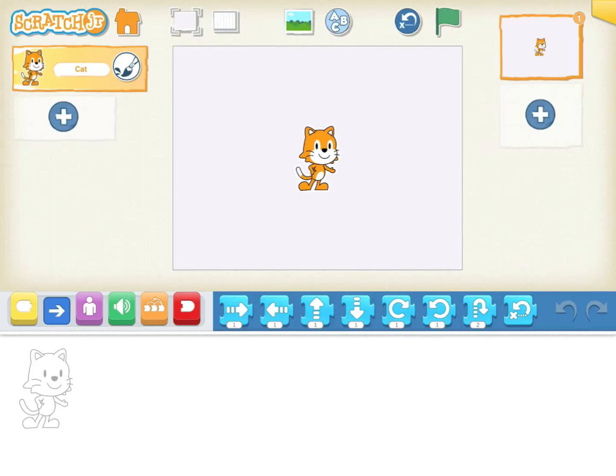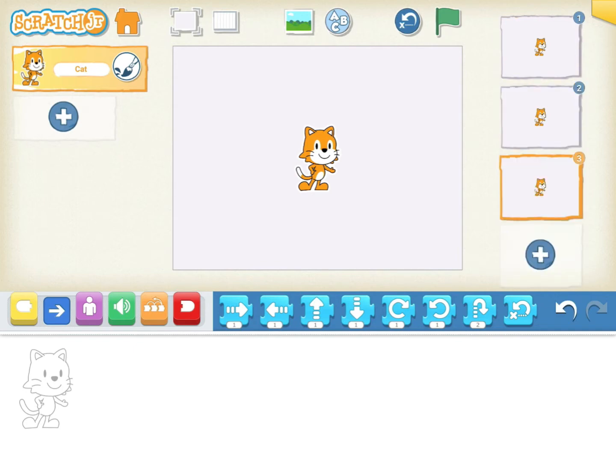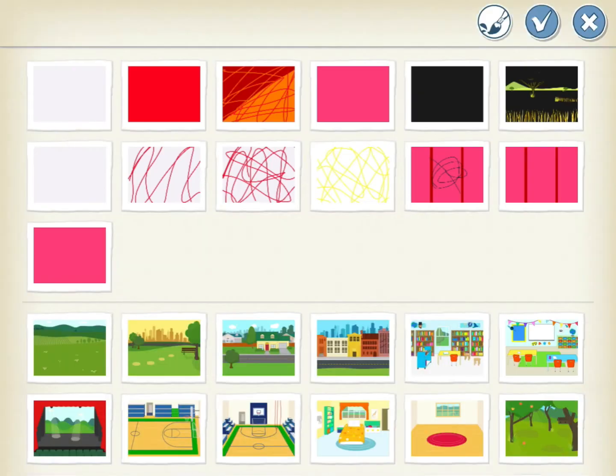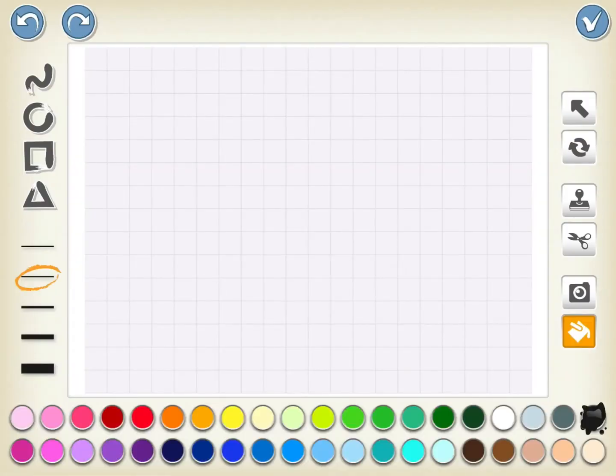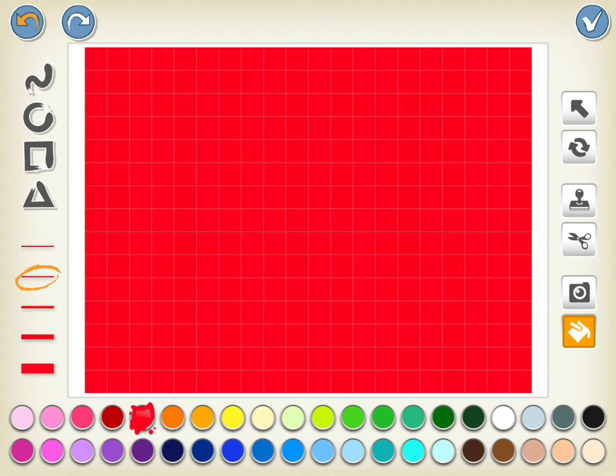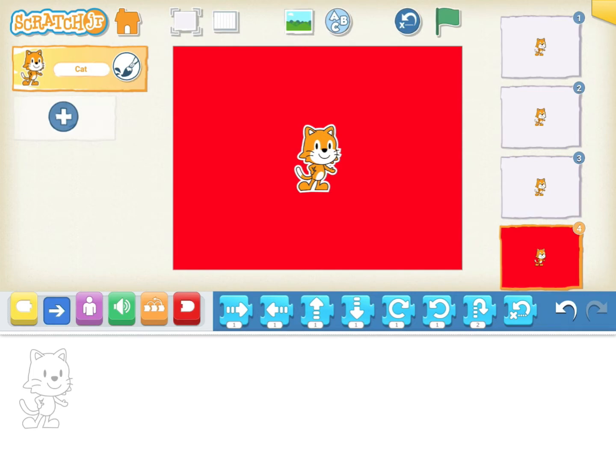Click on the home button that is on the screen, click on the plus button. Now click on the plus button on our right side, and then you'll see 6 icons on the topmost part of the screen, and the third option is background. Click on that, click on the paintbrush at the topmost part. Now just select the fill button, red color or whichever color you like, and then click the tick mark.